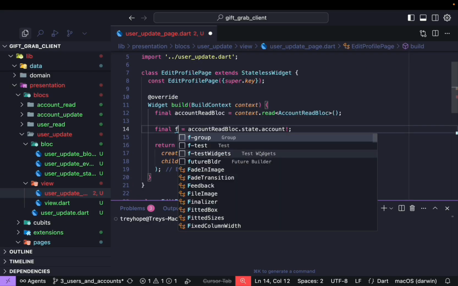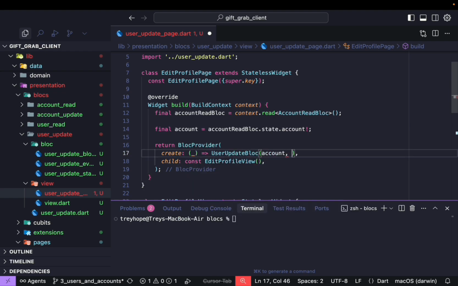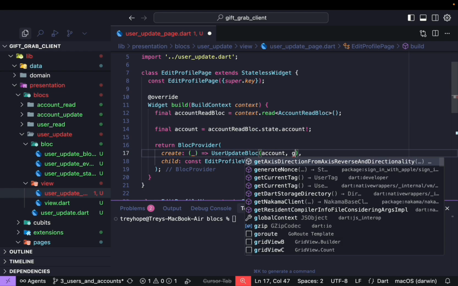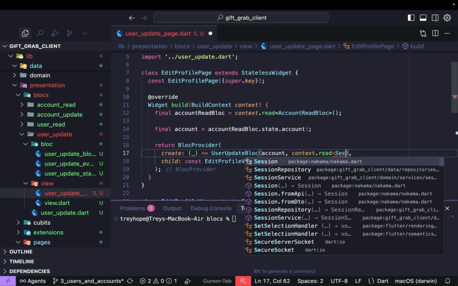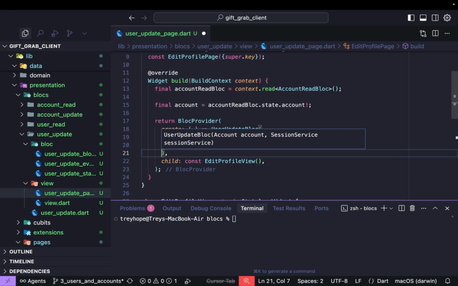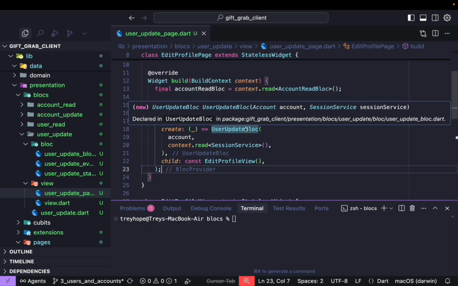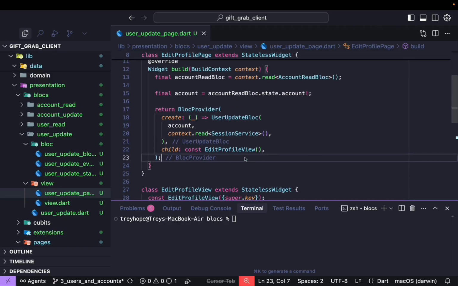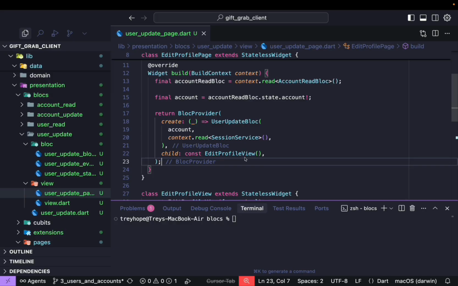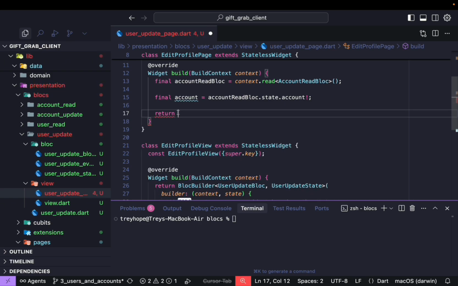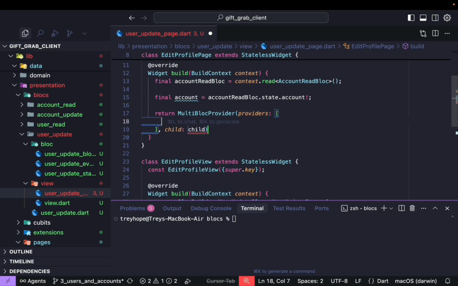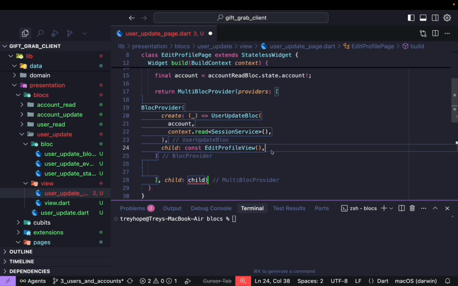So we have an account, we'll pass that into the user update block. We also need the session service, context.read session service. Now, for this user update page, we're going to be using two different blocks, like I mentioned earlier, the user update block as well as the account update block. So instead of returning just a simple block provider, we're going to return a multi-block provider. Multi-block provider. Pass this in here as the first one, and that child will now become,